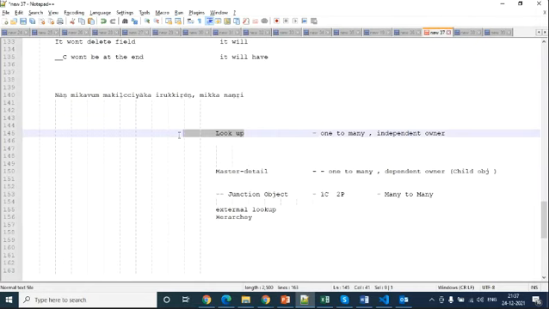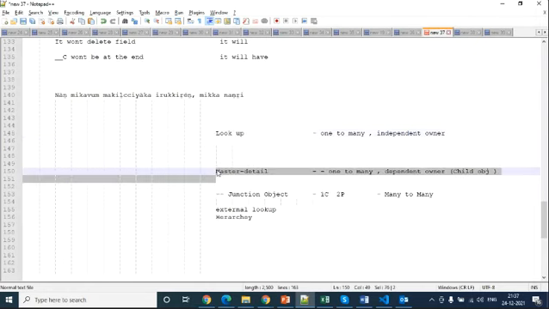First, lookup and master-detail. Did you understand? With lookup, if you delete the parent, the child record will still be there. There is nothing we can do about the record. But in master-detail, if we delete the master, the child record is automatically deleted. And the same goes for junction.